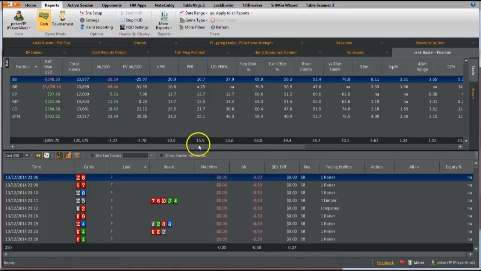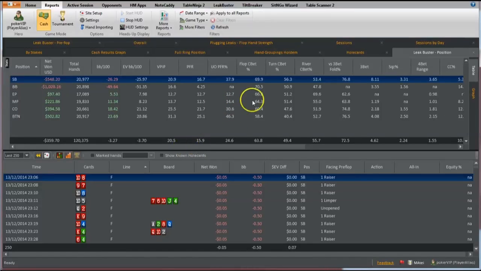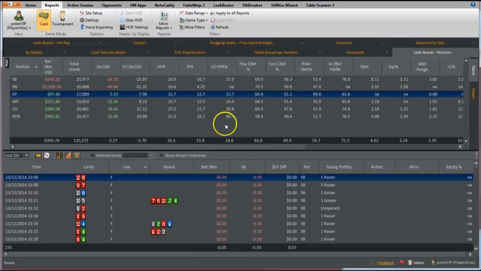So 20.5 and 16 are the VPIP and PFR here. Nothing wrong with these stats, but they are a bit on the tight side, which may indicate this player has some issues specifically in late position. The next place we can look to ascertain this is the unopened preflop raise percent. So the percentage of the time we decide to raise first in from each of the positions when it's folded round to us. So we can see early position raise first in is 12.7, should be about 13%,